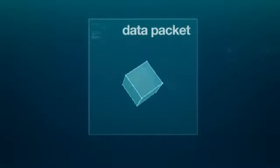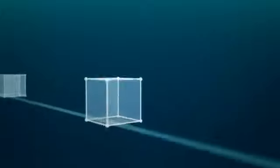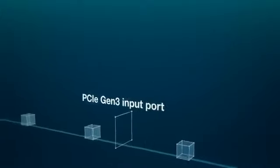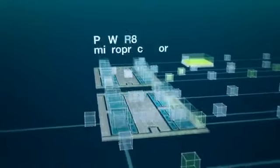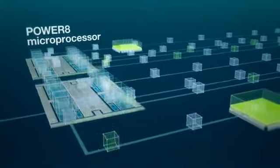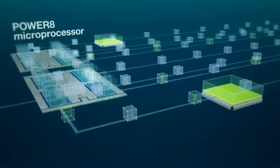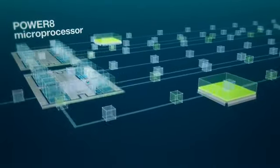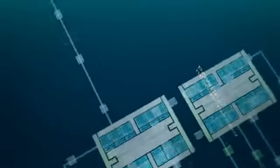How does this work? As cameras scan the customer's facial features, the image and instructions to analyze and identify it are sent into one of the mall's Power 8 servers. Then, the data packets enter one of the two Power 8 microprocessors through a PCI port. From here, the Power 8 processor distributes the instructions and data, and the recognition software, designed to take advantage of the massive parallelism of the Power 8 architecture, crunches the data using the 12 cores and a special hardware accelerator